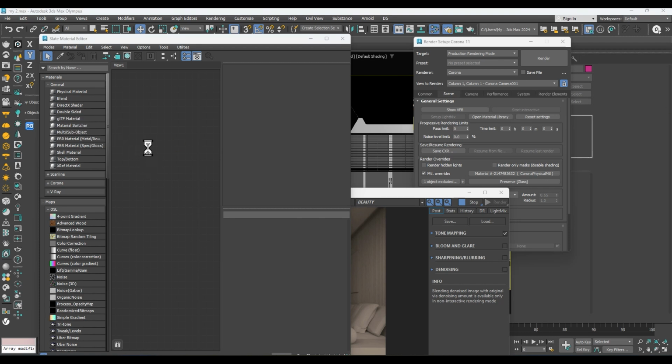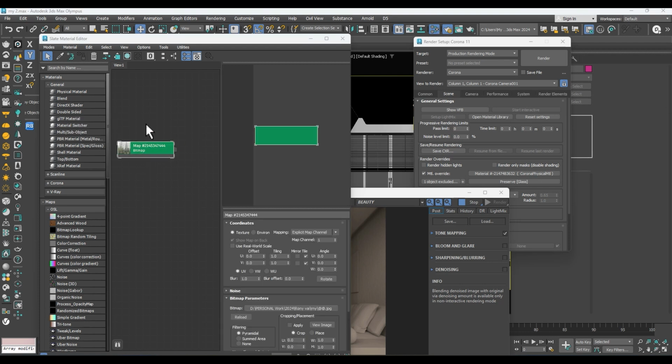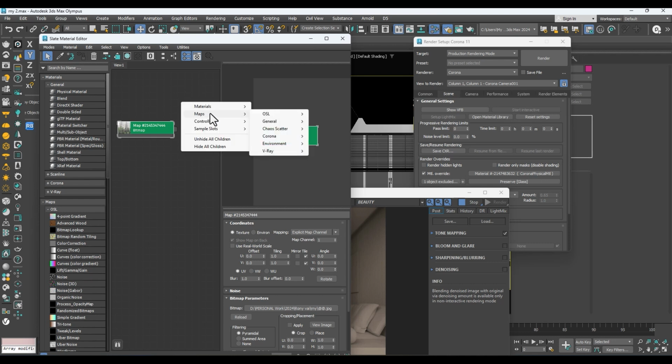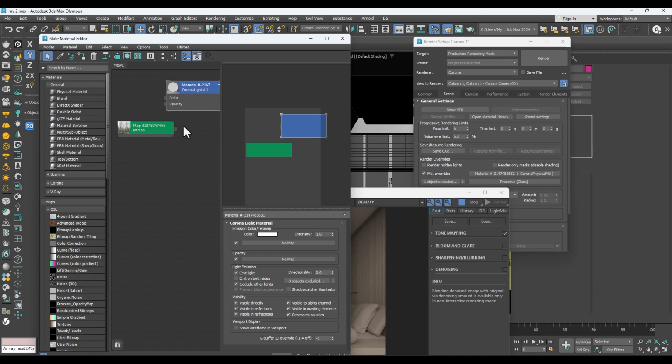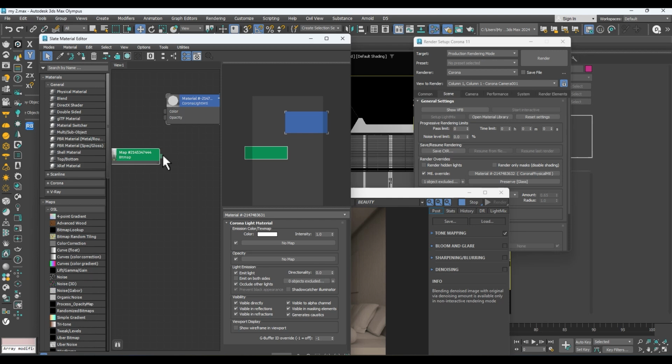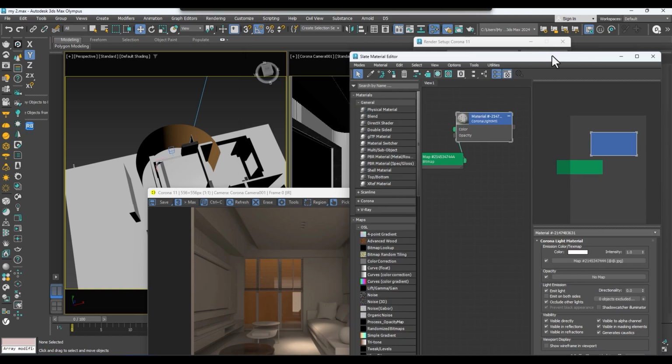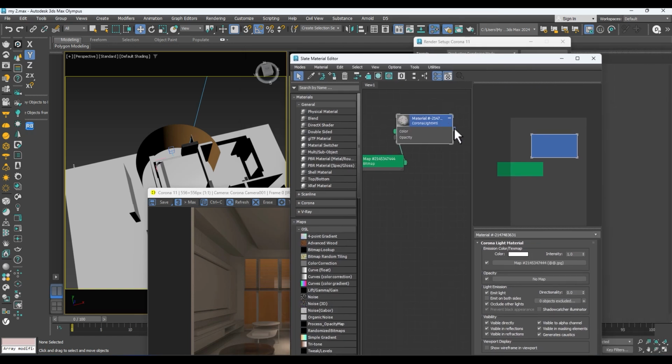Then I want to add this map, and before doing that you need to create a light material. So material, then Corona light material. Okay, so as a light material, from color you can put the texture over here, then assign this texture in your plane. Okay,